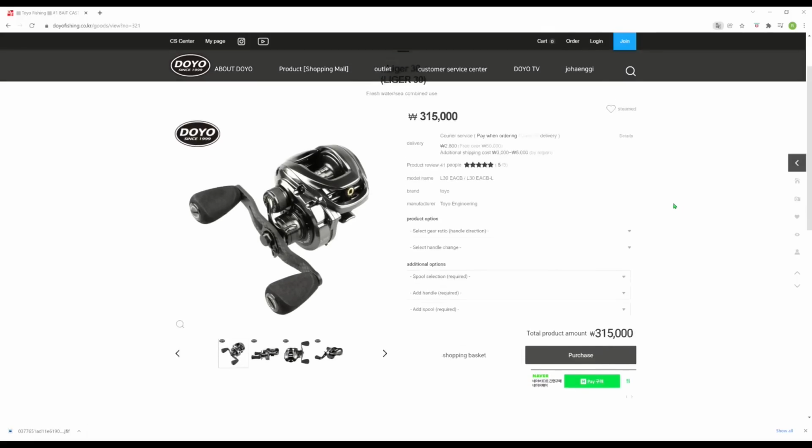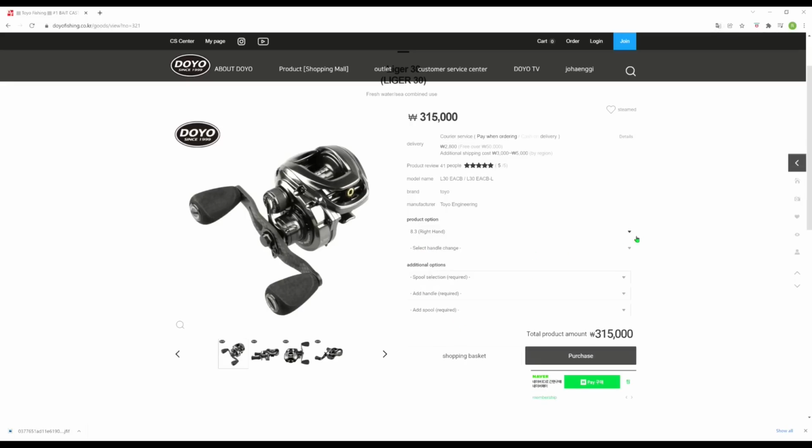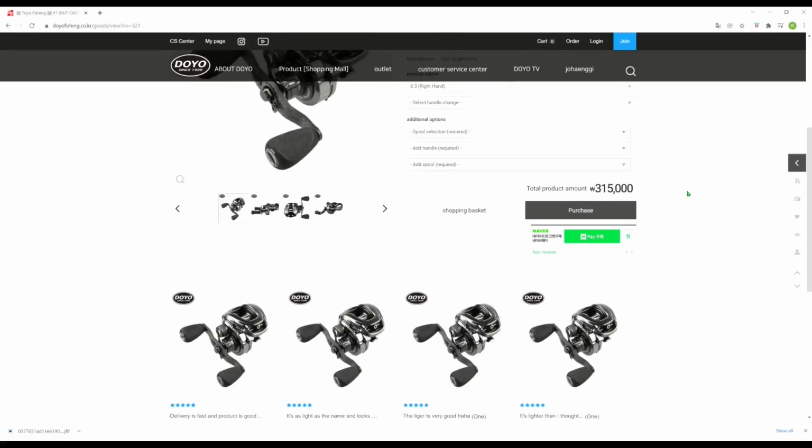Okay, so when you're shopping for a reel directly from DAIWA, you get to do some customization. So here's the reel. You get to choose the gear ratio in right or left hand. So let's say 8.3 right-handed, and then you can actually change your handle and knobs. And then you have this section here where you can have additional options. So let me show you